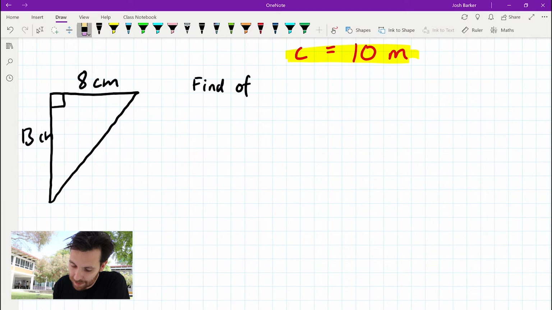My eraser's not working today. I have to manually select it, which is a bit annoying. Find length of missing side